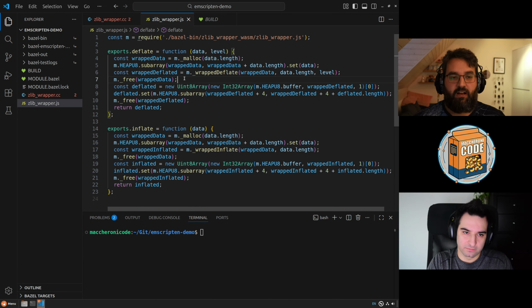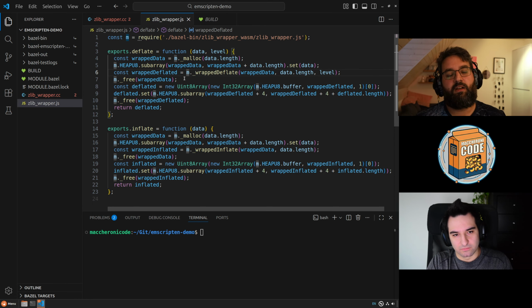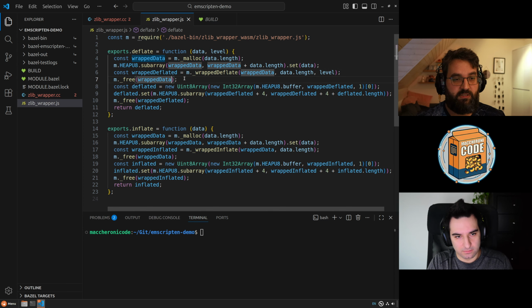And I mean, there are other ways. There are available libraries that you can use to do this, but we are going with pure Emscripten right now. So we keep it easy for now. Yeah. So now that we have our buffer, we are calling our function that we have exposed from C++, and we get our output. And now that we don't need the input anymore, we're just calling free. We're releasing it.